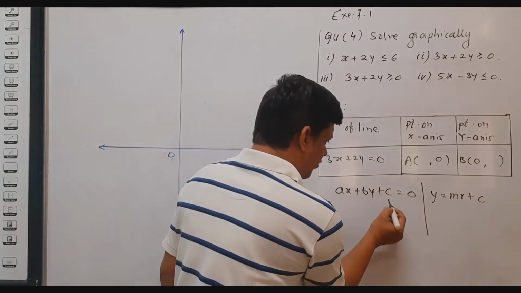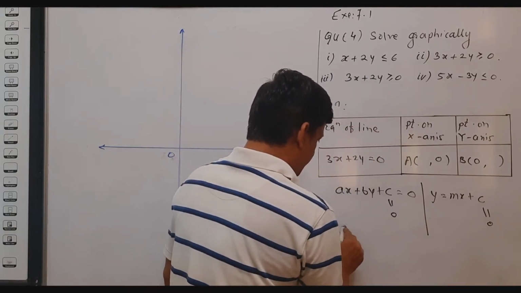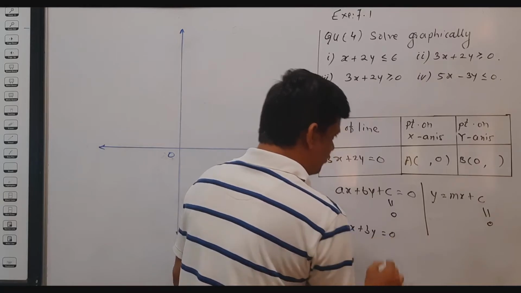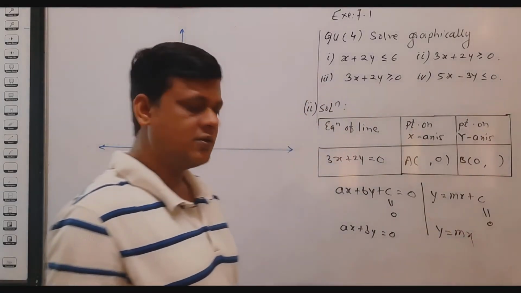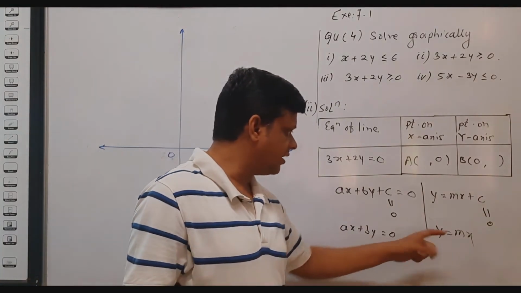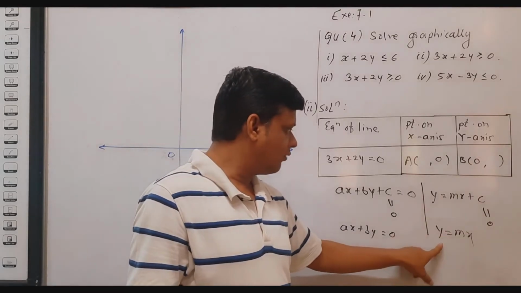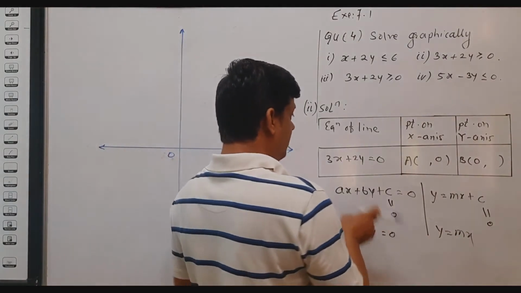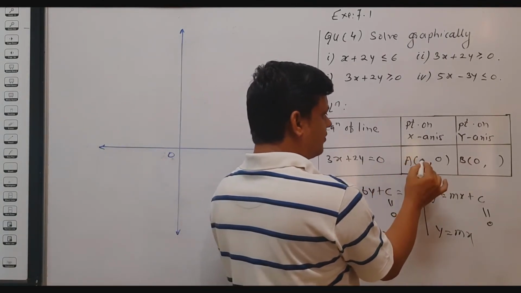When this constant c equals 0 in both cases, that means the equation is of the form ax plus by equals 0 or y equals mx, so these two lines ax plus by equals 0 and y equals mx pass through the origin. That means when we use this concept, we get A of 0, 0,